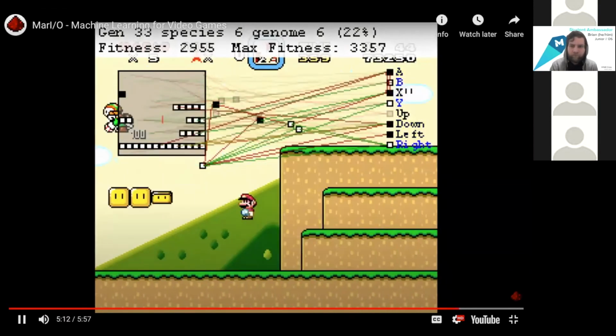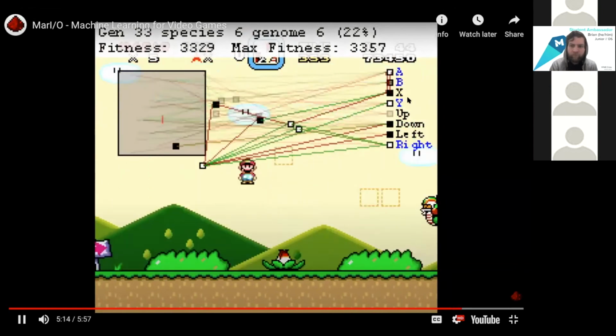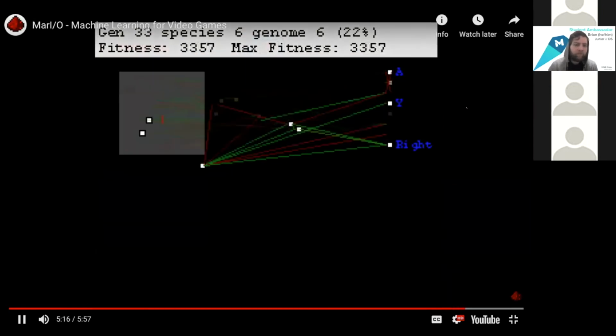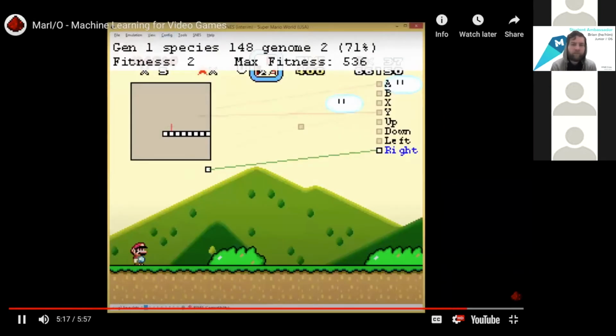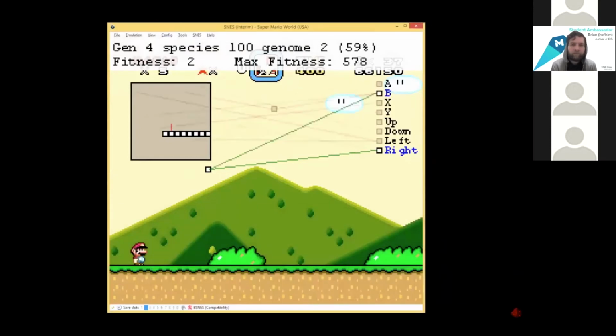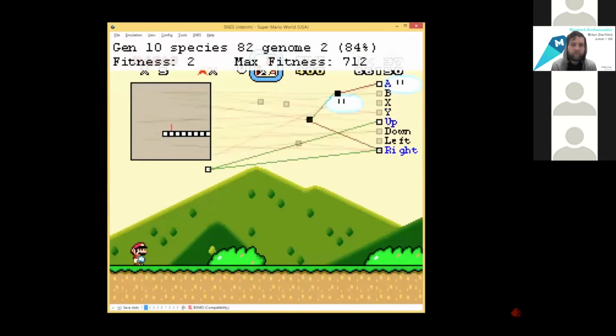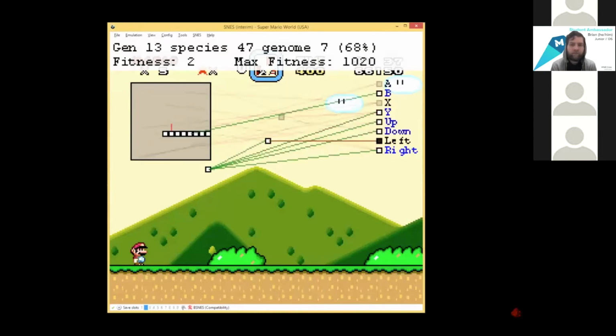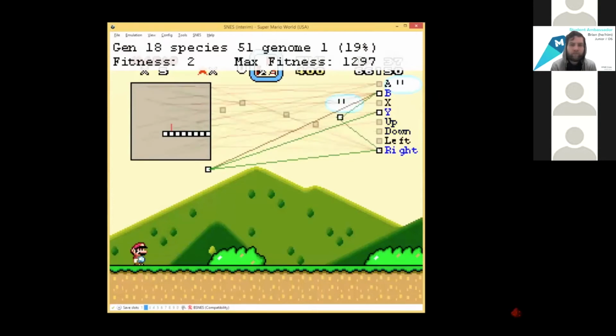I wrote Mario from scratch in Lua as a plugin for an emulator called BizHawk. As I close out the video, let's take a look at the fittest neural network in each generation. It's kind of cool how sometimes you can see them make modifications to each other and improve performance, but sometimes an entirely new species becomes prominent and dominates the others.